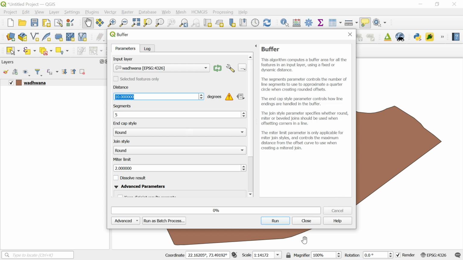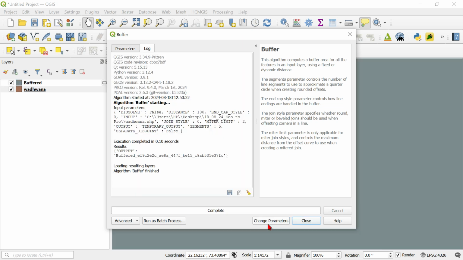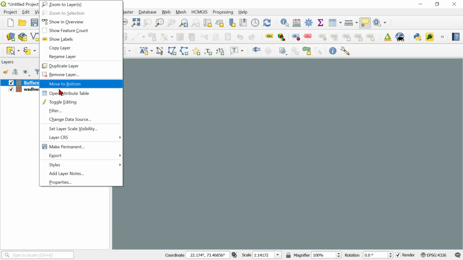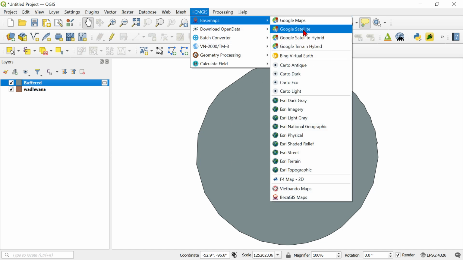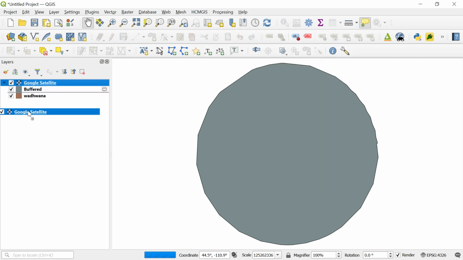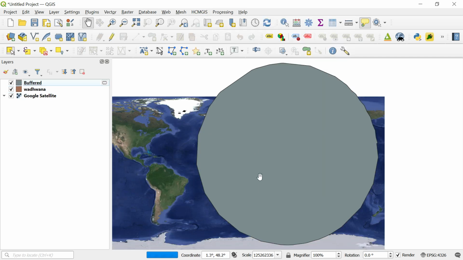But let us say कि यहाँ पे 100 मीटर का एक बफर बनाने की कोशिश कर रहा हूँ. And if I click on this, it is already showing a warning sign that this is in degrees. Let me put the values of 100 and click on run. So it will create a buffer, and if I zoom to this layer, you'll see that it's a circle. And HCM GIS से मैं base map add करता हूँ. Let us check out how much is the distance that we have behind this particular buffer. So you can check कि ये 100 degrees का एक buffer बनाया है, which is not valid. So I am removing this layer,